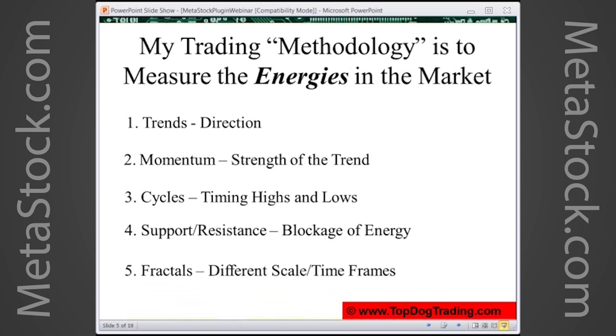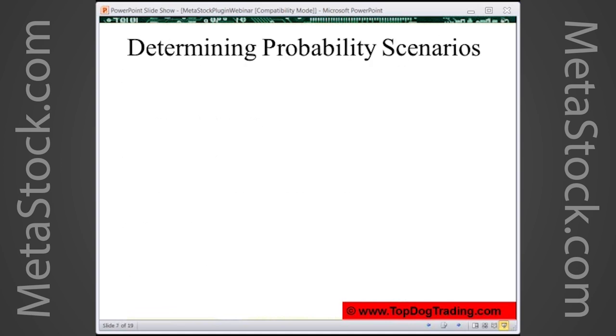If I'm trading a setup on a daily chart, my weekly chart of that same market would be my fractal energy. If I'm trading, say, a 5-minute chart, then a 15-minute chart would be my fractal energy. If I'm using a 1,000-tick chart, then a 3,000-tick chart would be my fractal energy. Now, the traditional way to do that is to say only trade in the direction of the trend of the longer time frame. And I don't do that. I have a different approach, and I'll show you that in a minute, and I'll show you why.